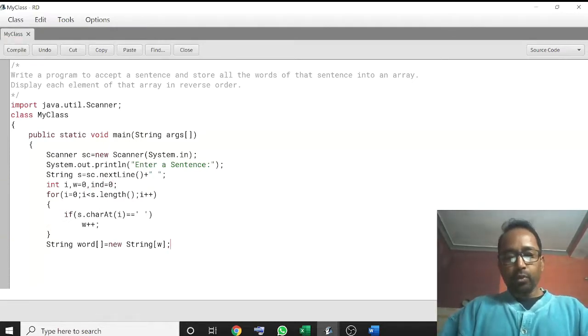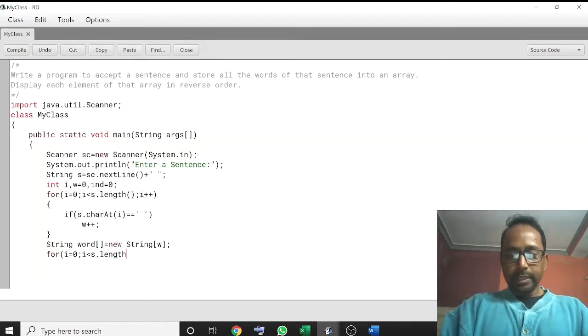Now we have to take out words to store in the array. One for loop, int i is already declared, no need to declare it. i = 0, i < s.length(), i++. Check for space.